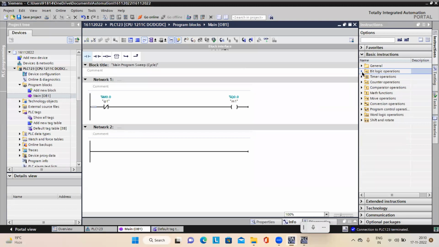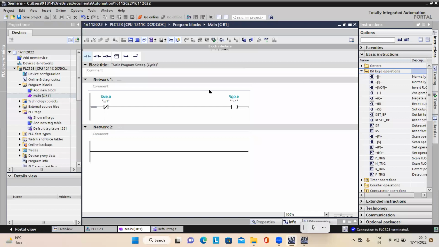Now after general, we are having bit logic operation, just like in schematic manager also. We are having similar instructions. I just change this to NO here. Now, here we are having not condition, right? Same operation. That means when you save and download,